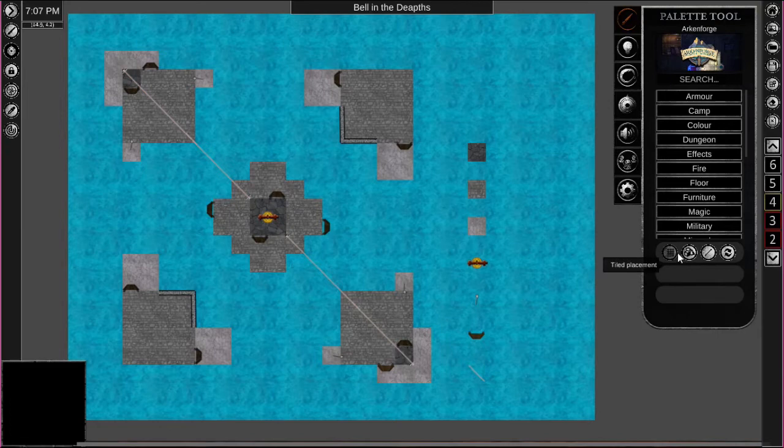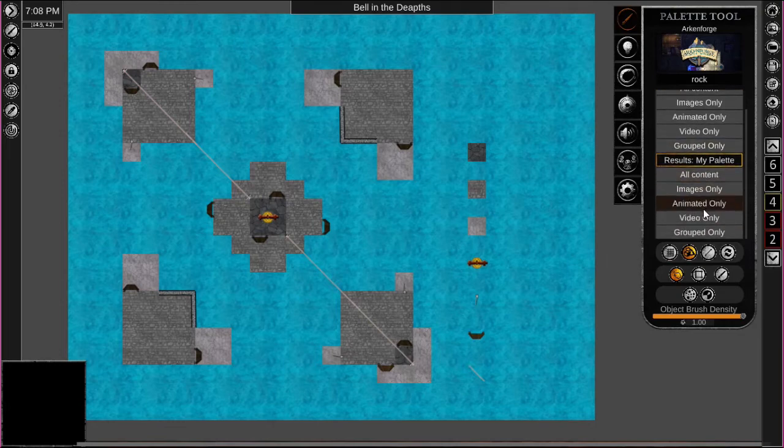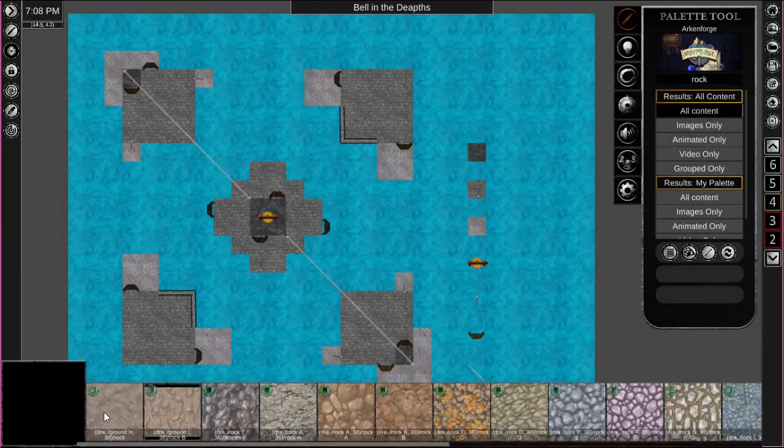So if we come in here and go look at objects, for example, and we go into the search here, we can say, I think maybe rock, maybe stone. So we can go under all content, images only, animated only images, video only images, and grouped only images. Or if we have our own content, we can, however we've set that up. So I go to all content, you can see here it's pulling up a nice big list of rock, right,